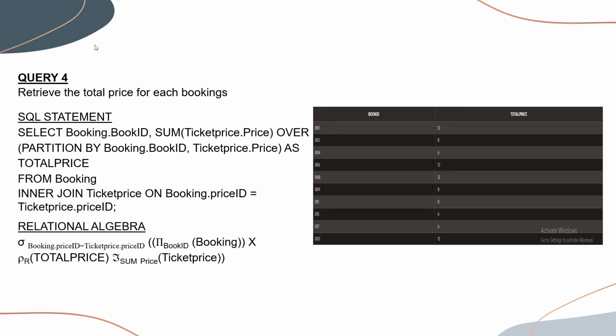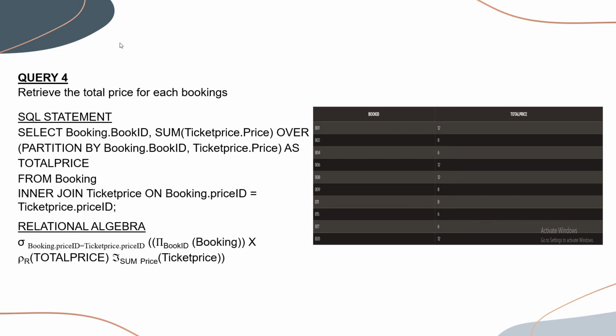For query number 4, we will retrieve the total price of each booking. So this is the SQL statement, which selects booking.bookid, sum ticket price over partition by booking.bookid as total price, from booking inner join ticket price on booking.price id equal to ticket price.price id, which leads to this output,